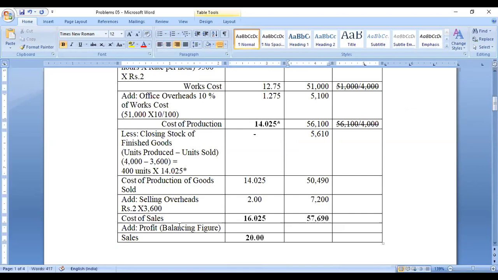What is the sales value? The number of units sold is 3,600 units, multiplied by 20 rupees. So 3,600 units sold at the rate of 20 rupees, that amount comes to around 72,000. So 72,000 minus the balancing figure 57,690, that amount is